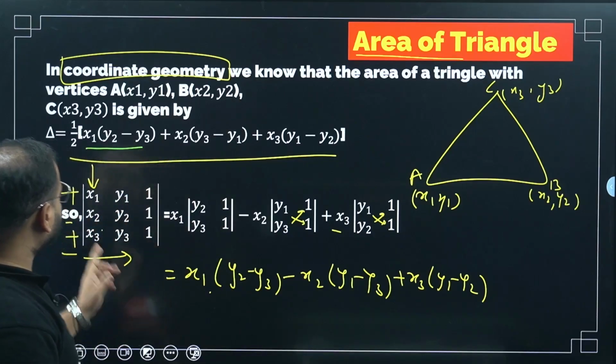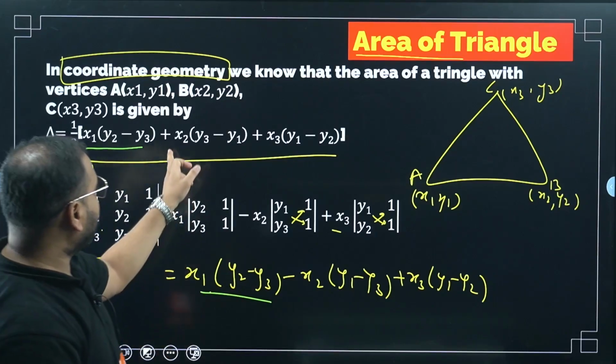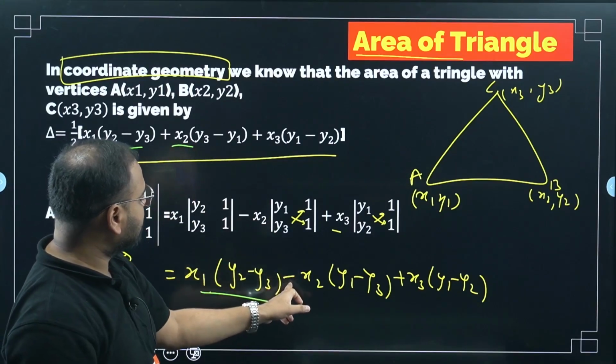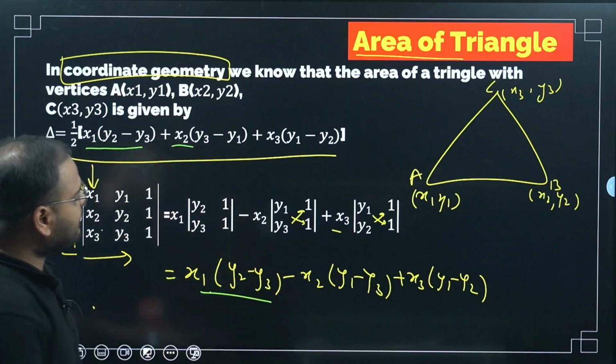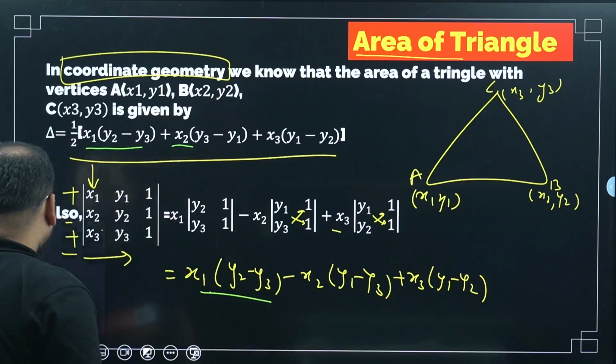x1 y2 y3, x1 y2 y3 with the negative sign. Over here I have x2, but the negative sign is missing. Negative is here, plus is there. So if I take this minus common, let me rewrite it. And if I take this plus sign common,